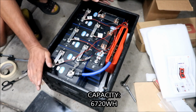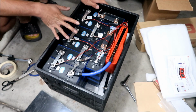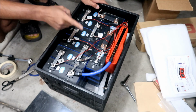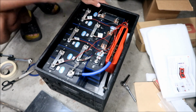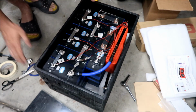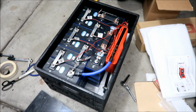All right. So this battery bank can handle 1C. That's 280 amps. Okay, you can draw 280 amps from this. Okay, it's suggested that you draw half of that though. Okay, I don't think we're going to be drawing anywhere near that, unless we get more inverters. Okay, so I'm going to try to get this over to the